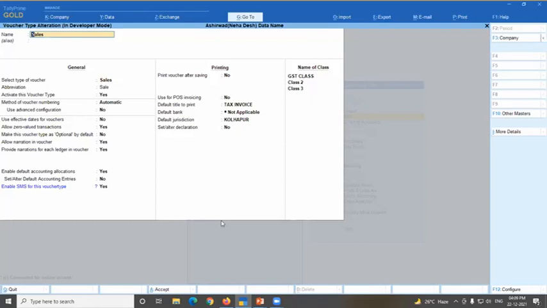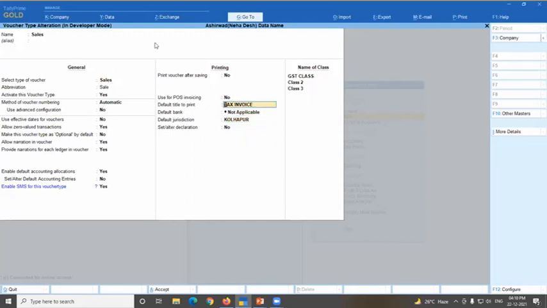What is the title of the invoice after I mention the voucher class? Like GST tax invoice or pro forma invoice. So in voucher class, you cannot set voucher title, but here the option is there, default title. Okay. But suppose you want to print other titles, so you can.